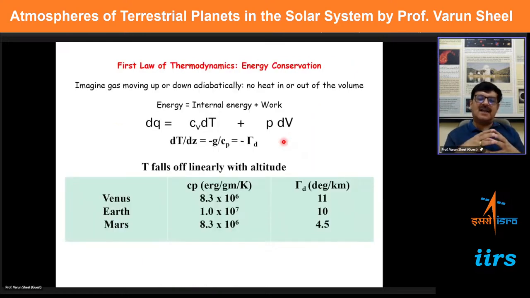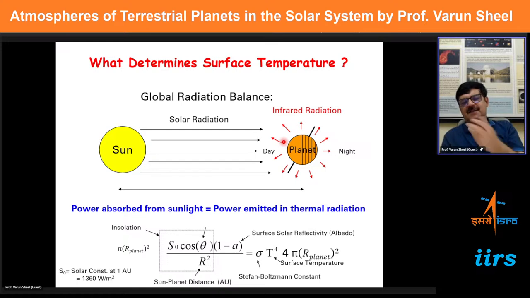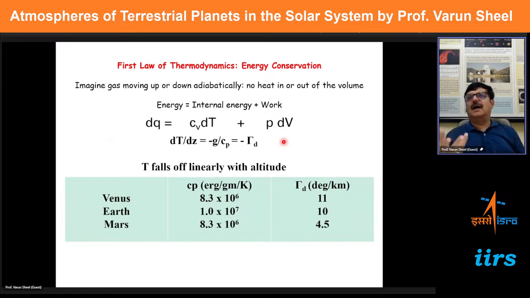The other aspect is the change of the temperature with height. So whatever I've shown you earlier here is the surface temperature. This is the temperature which the entire planet is gaining by interacting with the sun. And that is what you feel immediately near the surface. The next aspect of any planet: as I said, initially we talked of composition and now we are talking of the temperature. This is a very important characteristic of an atmosphere, what the temperatures there are.